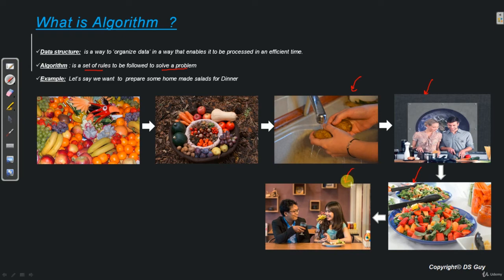So I hope now you are getting a clear distinction between data structure and algorithm. What we have done over here was data structure. That is, we organize the data. What we have done here, here and here is we have used that organized data to solve a problem. And the problem in this case was making a salad. Fine. So I hope you have now understood what is data structure, what is algorithm, and what is the difference